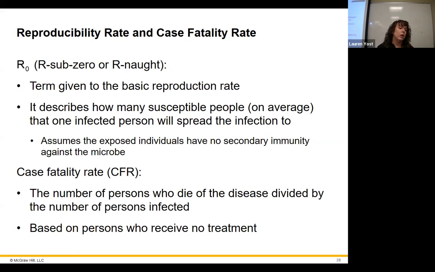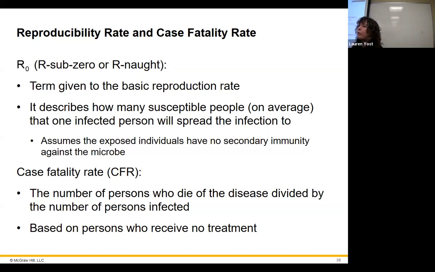Next, we move on to the reproducibility rate. I don't like that word. And the case fatality rate. Okay, so R naught. This is the term that I was talking about, at least in the review, if you guys joined it. This is the reproduction rate of that virus or bacteria or protozoa, whatever it is, fungi. This is going to be determining how many susceptible people that aren't infected yet that one person who is infected will infect while they're infected. So if you are sick with COVID, how many people are you likely to infect during your entire course of infection? So that's R naught.